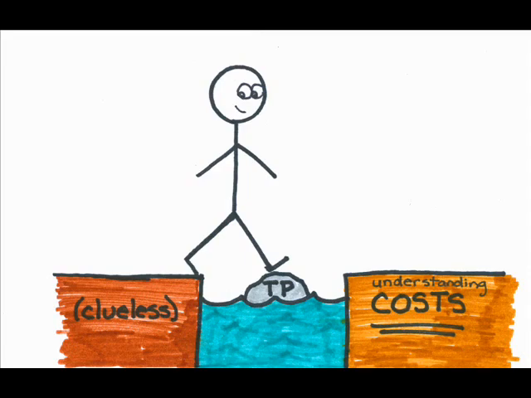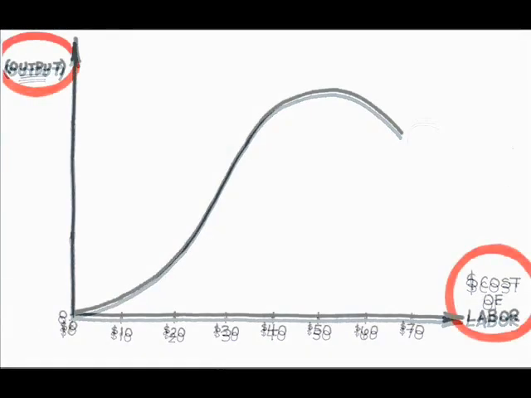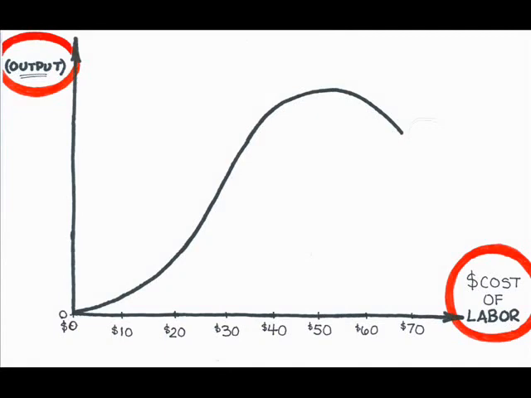All I need to do is attach a price tag to my labor. We usually refer to the price of labor as wage, so let's assume that each unit of labor costs $10. In the new diagram, everything looks largely the same except that I replace 1 unit of labor with $10, 2 units of labor with $20, 3 units of labor with $30, and so on. Now I have a diagram illustrating the relationship between the output that I produce and my labor cost, or variable